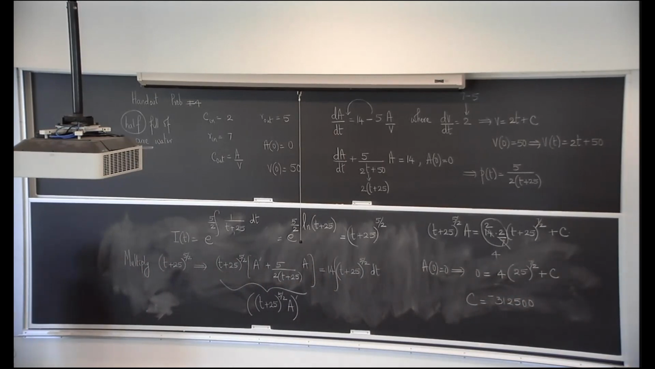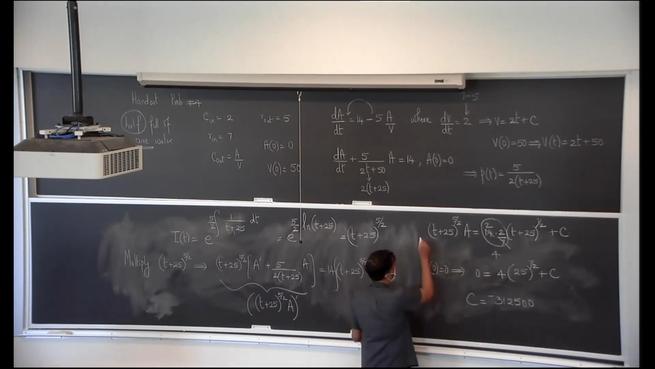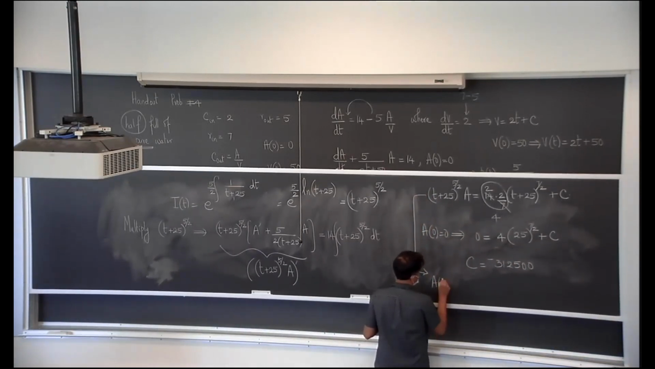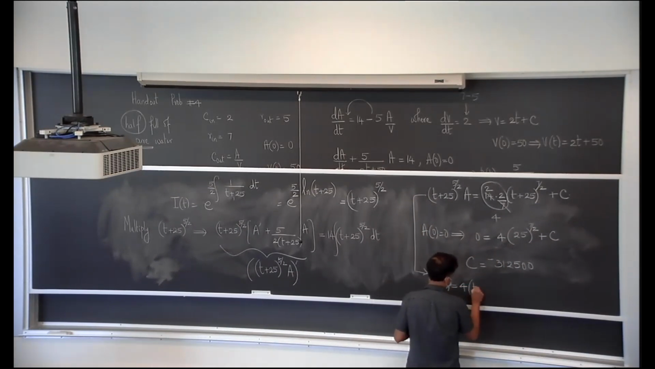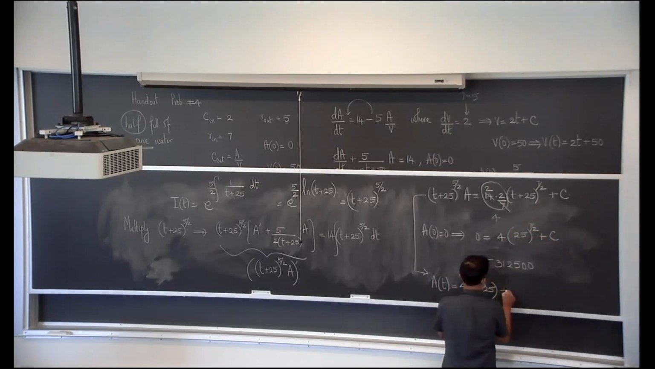All right. So then you could plug that back into the solution and then divide both sides by (t+25)^5. So A of t is 4 times... So when you divide (t+25)^7 by (t+25)^5, you get just (t+25) squared, minus this